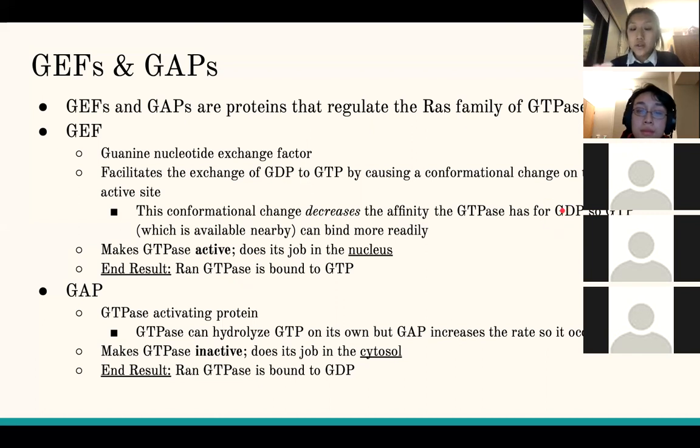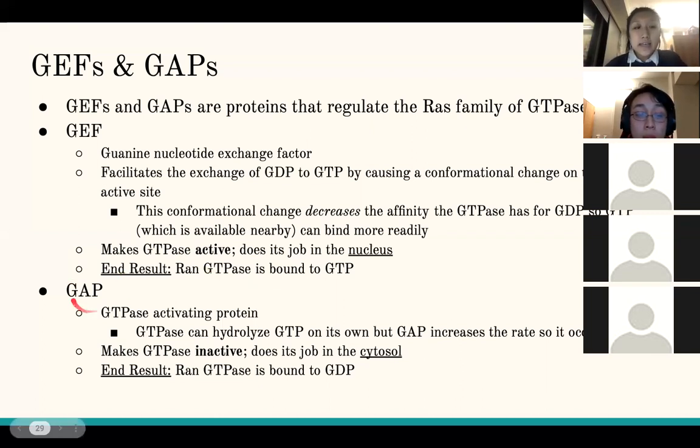And then naturally in the cell, there's a lot of GTP floating around. So it's in high concentration, and GTP can easily bind into the GTPase. Okay, I know that's a lot of GTP, GDPs. It's a mouthful to say, but there's no really better way to put it. So if you have any questions, feel free to stop me at any point.